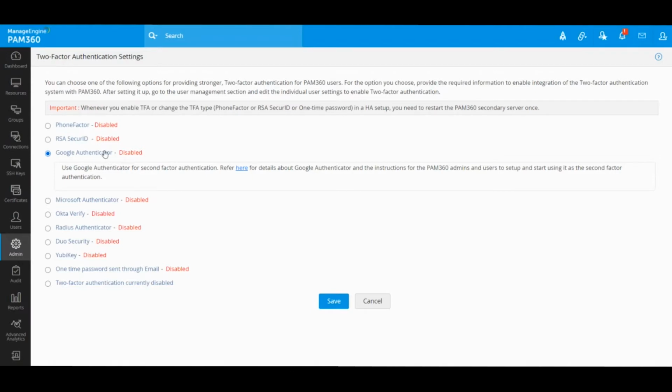So the next time you try to log in or one of your other users try to log in, after you supply your first layer of credentials, you will be prompted with a barcode, which you can scan using your Google Authenticator or Microsoft Authenticator app, and you supply the token number and you're all set. So from then on, every time you try to log into PAM360, you will be challenged twice before you can